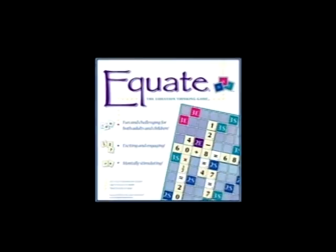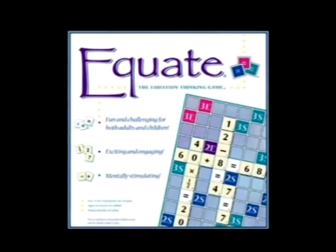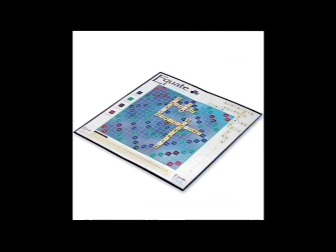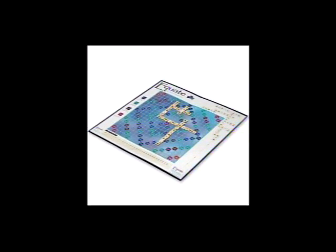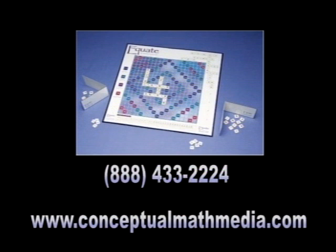A math version of Scrabble is here. Have fun creating equations crossword style with Equate, the equation thinking game. Much like Scrabble, the Equate math game will sharpen everyone's math skills from your second grader to your college student. Players earn higher scores using division or fraction tiles and landing on premium board positions. It's the perfect gift your engineer brother or your aspiring mathematician will love. The cost is about $21 from Conceptual Math Media. They have a toll-free number at 888-433-2224 and a website at